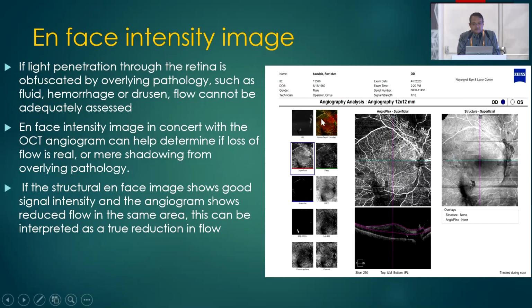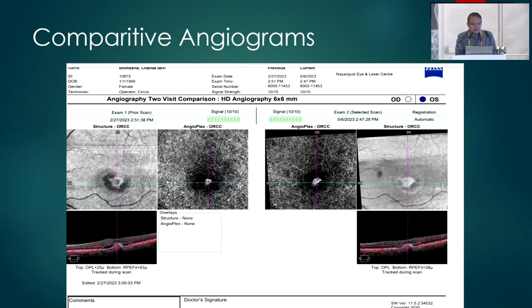On en face, many a times, like in this patient, you are not able to detect an NVD or NVE. So I look at the en face image here, you can see a fibrovascular proliferation. So all three pictures in an OCTA should be interpreted. You can also compare the previous disease pattern with a new disease pattern. You can see here, this is a